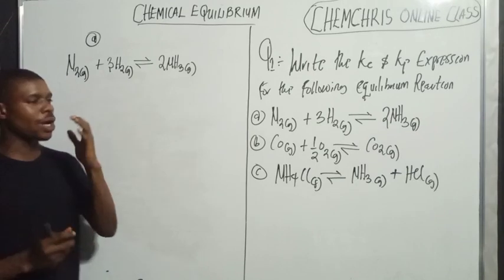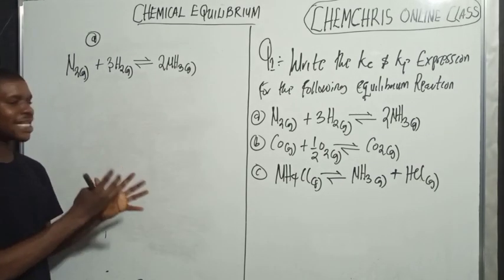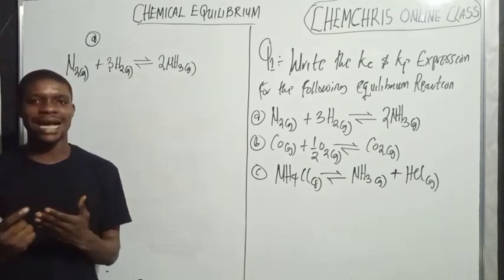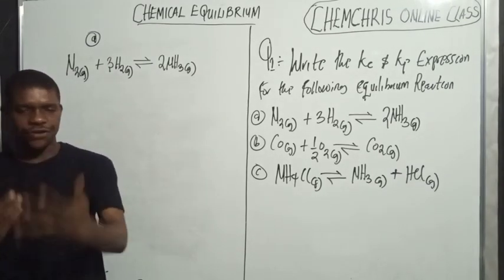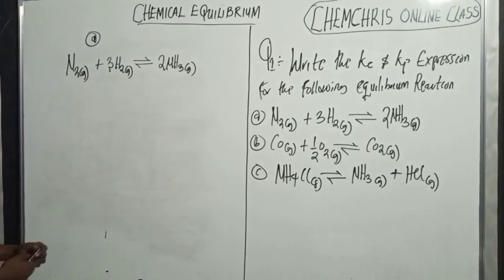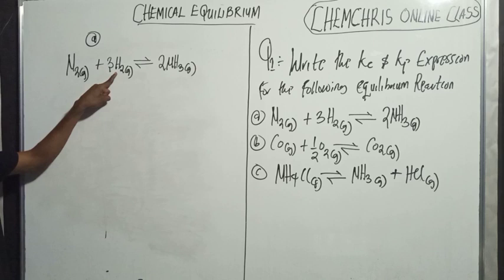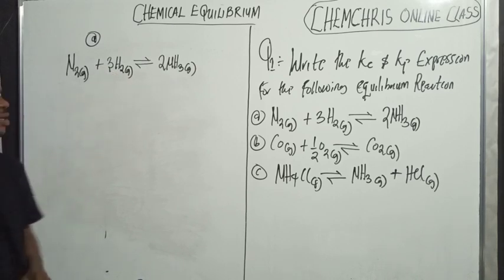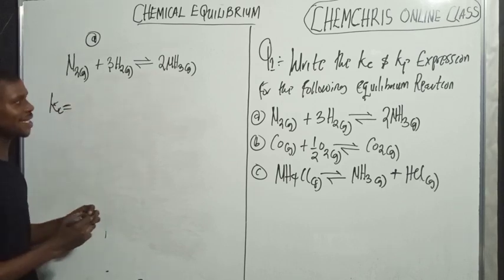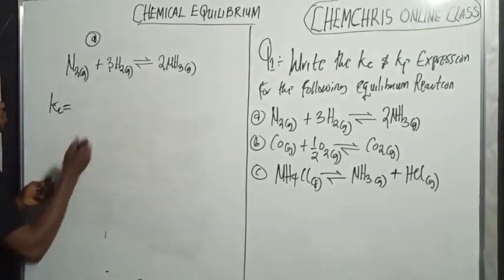Now let's take the first one. So we have to write the Kp and Kc expression for this reaction here. When a question like this is given to you, the first thing you want to do is to check if the equation is balanced, because most times the equation may not be balanced. If you write it like that, then you are not going to get the answer. If you look at this question here, N2 nitrogen is 2, hydrogen is 6, so it is balanced. So my Kc expression equals, remember, I'm starting with the product, so ammonia, because here we have gas, so you use it. So it's going to be the concentration of